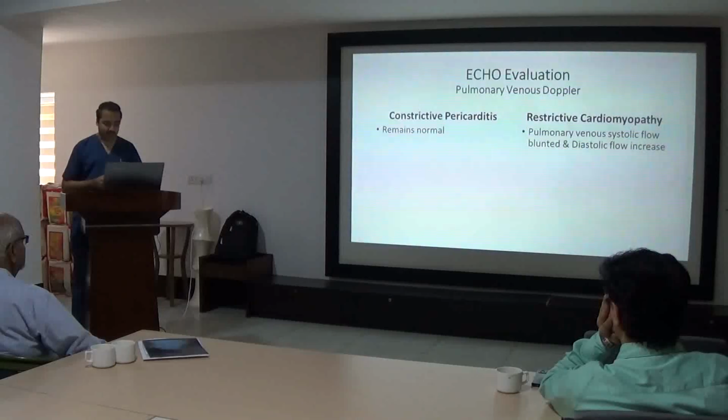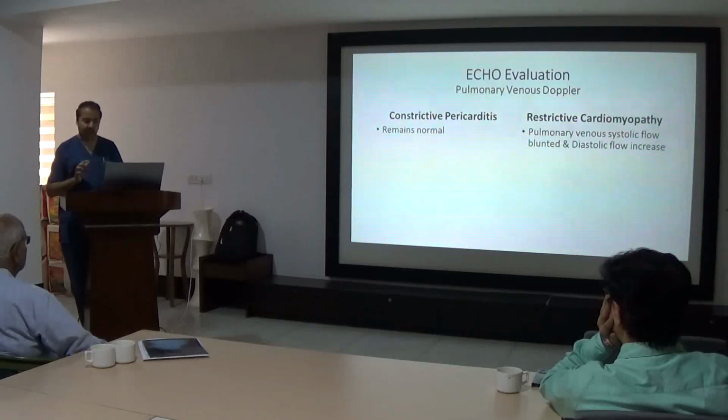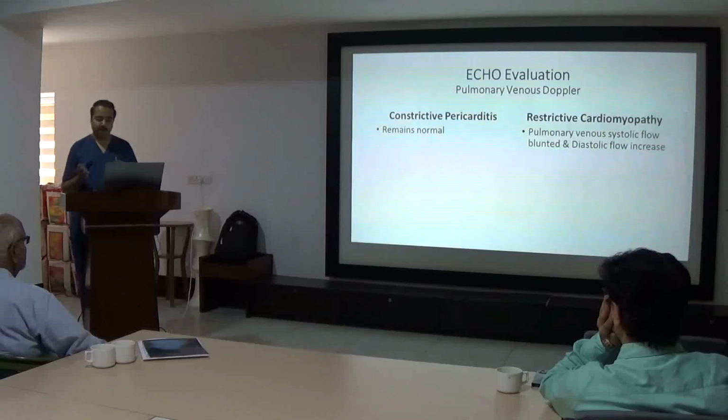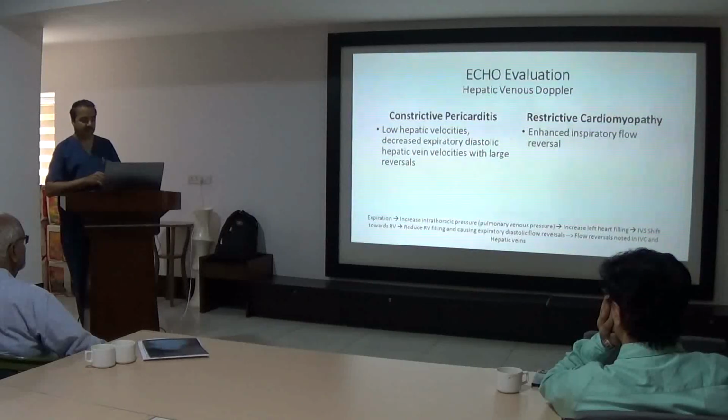Pulmonary venous Doppler. In constrictive pericarditis, pulmonary veins are outside the pericardium, so pulmonary venous Doppler remains normal. While in restrictive cardiomyopathy, it's a disease of myocardium. Ventricles are not relaxing, so pulmonary venous systolic flow is blunted because pulmonary veins are not getting emptied enough and diastolic flow is increased. Hepatic vein, I already said there is